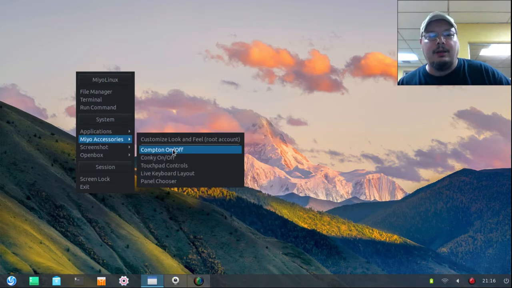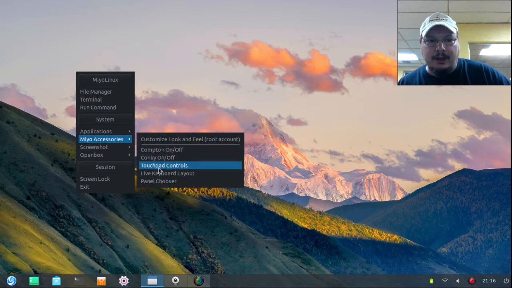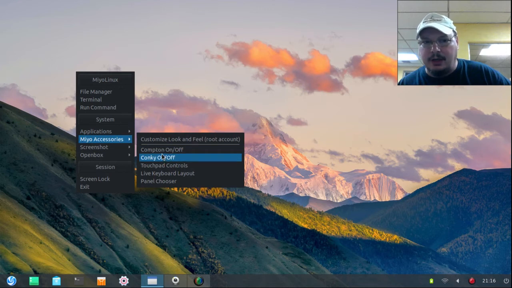Compton on and off, Conky on and off, touchpad controls. I have a special note in the release notes about those three items. Here in the Miyo accessories, these are only for convenience and will only affect whether you turn these things on or off. It's just temporary. However, each one of those items does have